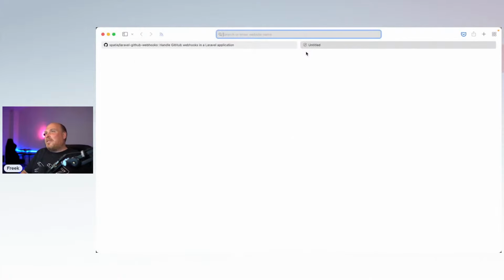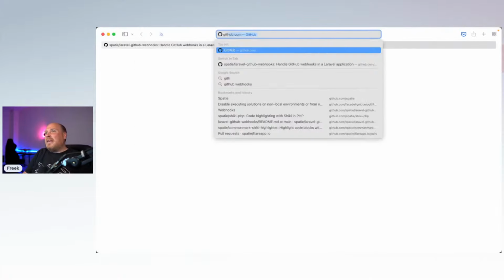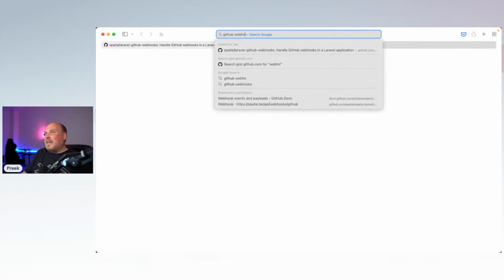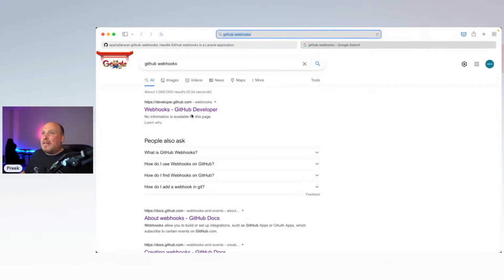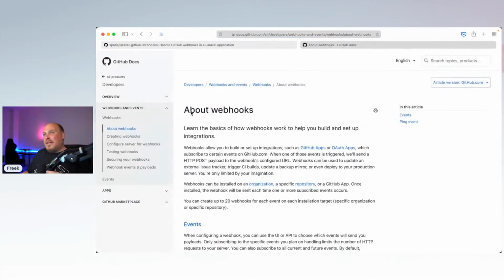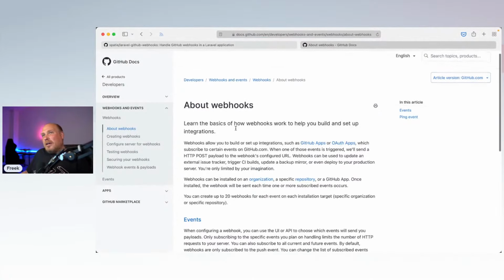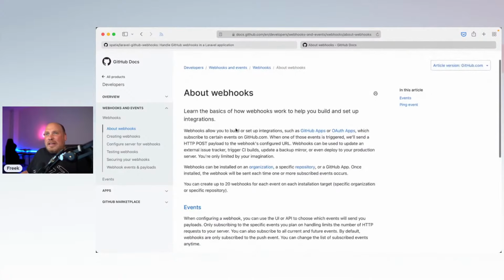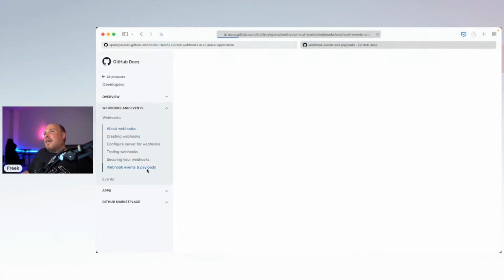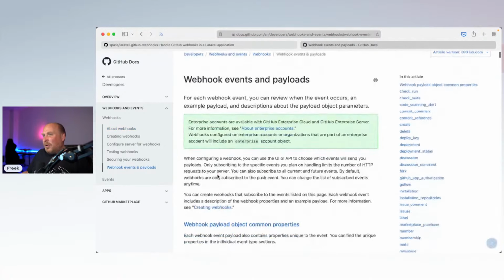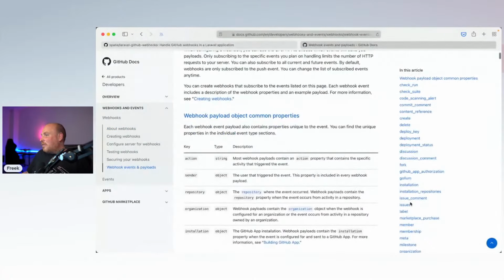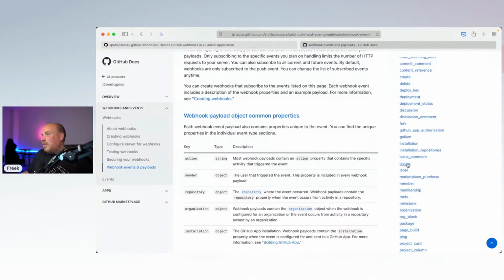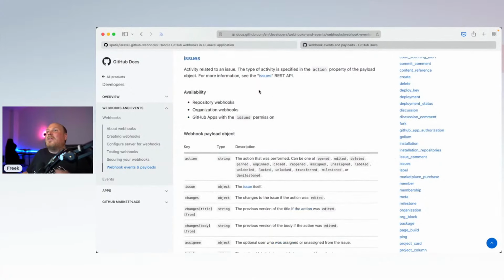Let's maybe first take a look at the GitHub webhooks documentation, so you get a feeling for what is possible with webhooks. GitHub basically has very good documentation on this, and the interesting page is this one: webhook events and payloads. So here you can see what they'll actually send to you whenever a certain thing happens. So if we maybe take a look at the issues webhook,